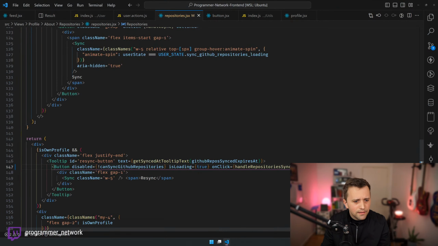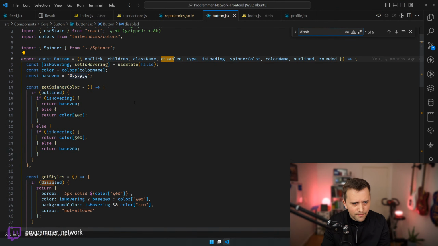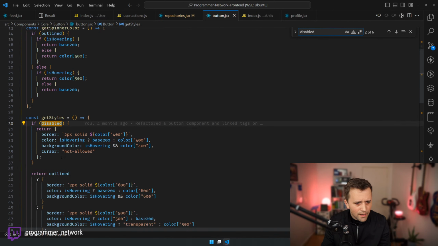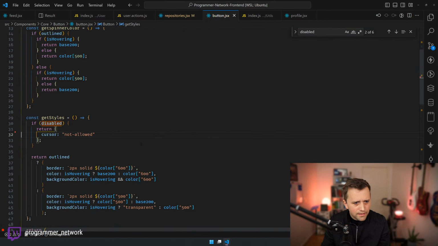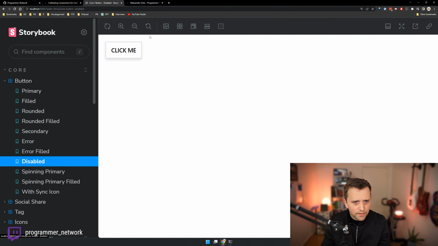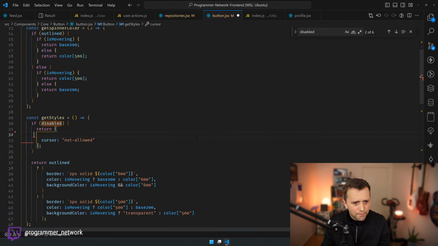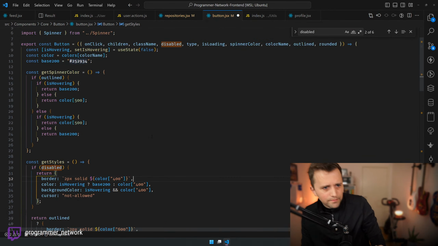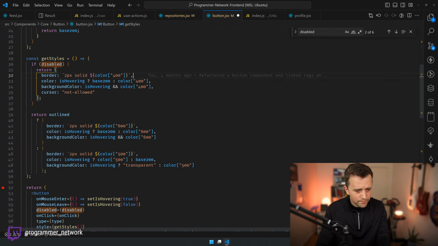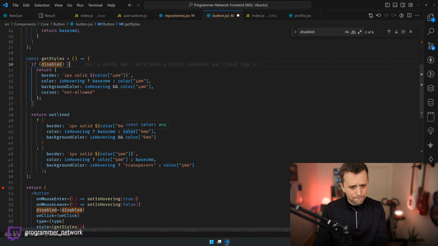Okay, I see, so that's the problem. So let's not do any of this. Let's literally just say not allowed if it's disabled. In fact, wait, if disabled, return. So let's do something like this.